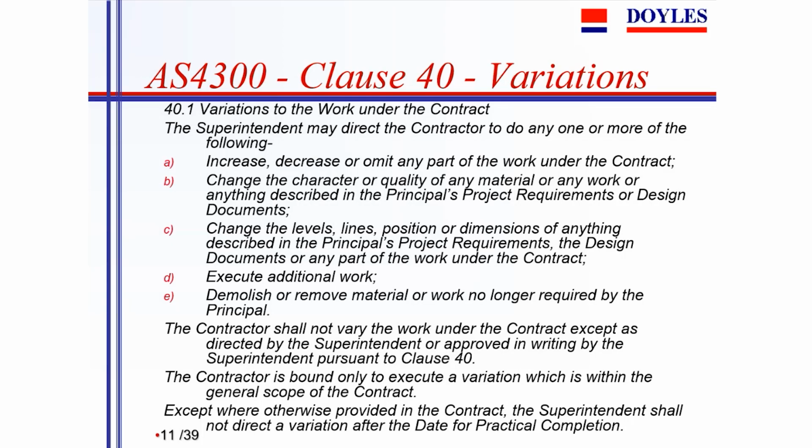Because the contractor is on site and doing a wide range of work and needs to control the site, it may be that that negotiation will end up with a much higher price than if it was already agreed in the contract. So 40.1 says that the superintendent may direct the contractor to increase, decrease, or omit any part of the work, change the character or quality, change the level lines, etc. If we go to the next slide,